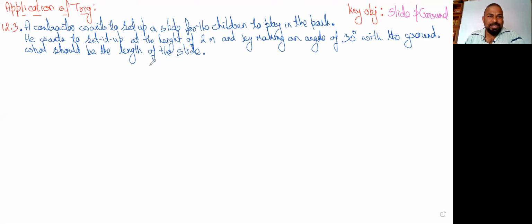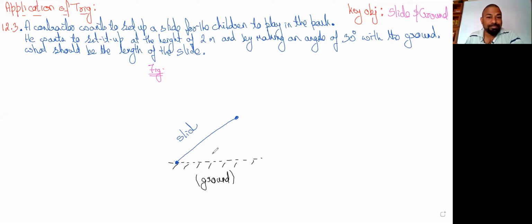So let's draw the figure based on that. Let's draw the figure, then we will go to the introduction of that. First, I am taking something like ground. So this, I took it as ground. This is the first object I have placed. But you are supposed to remember, right? A slide means obviously this will be the slide. Yes, this is the slide we are talking about.